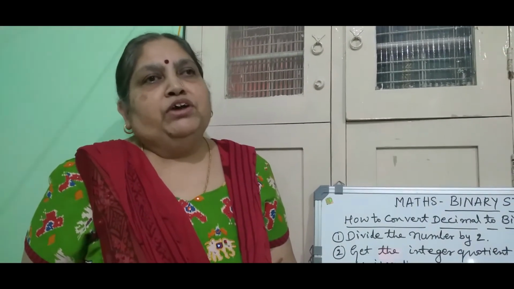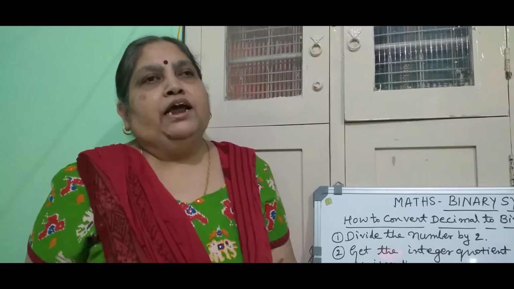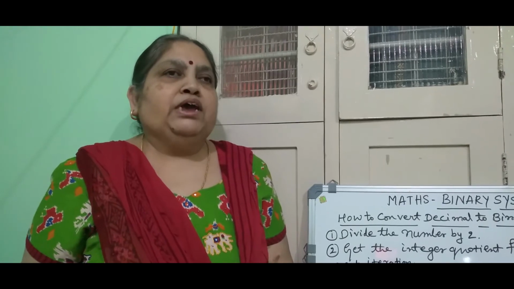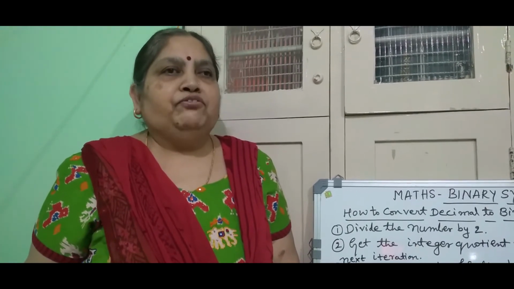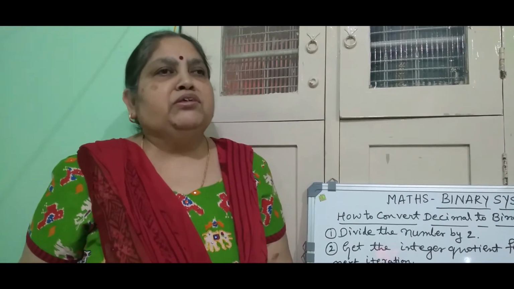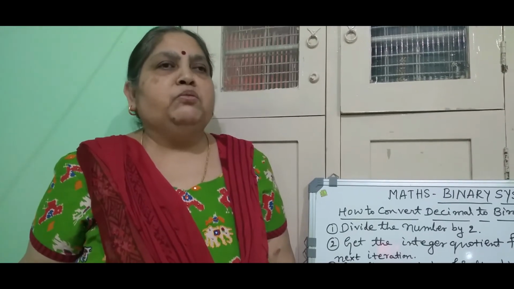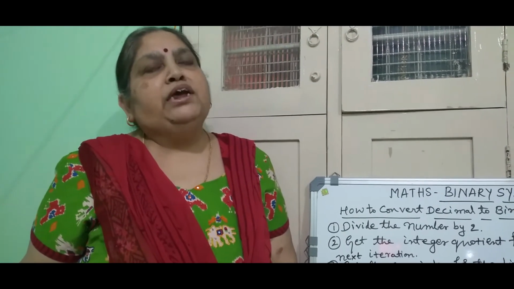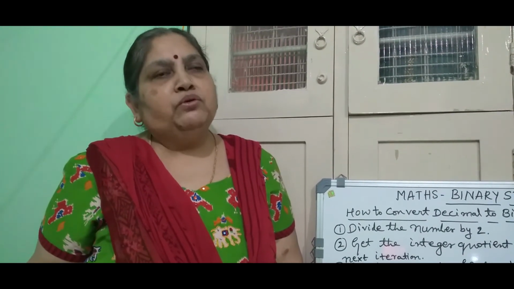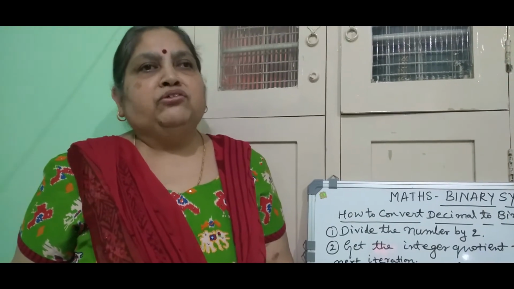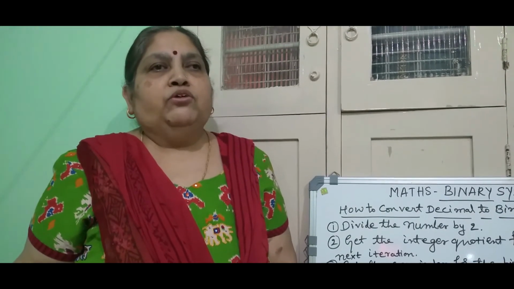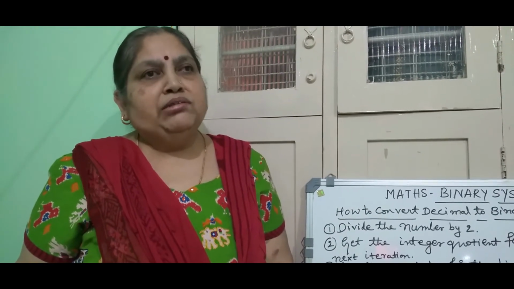The numbers we use in our daily life, for whatever purpose, are digits. 4 pencils we call, and 5 chairs, or 55, the number 55, 55 persons, 50 persons, 100 persons. Like that we go on representing so many things in our daily life only through the decimal system. Deci means 10. Then here we use the digits 0, 1, 2, 3, 4, 5, 6, 7, 8, 9. Only those digits we use here in the decimal system.